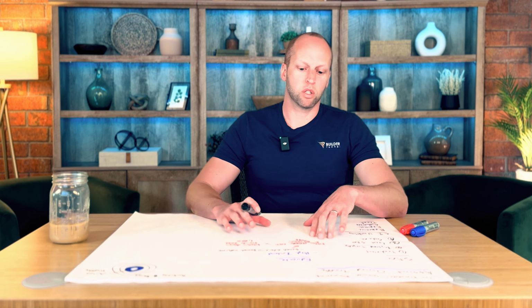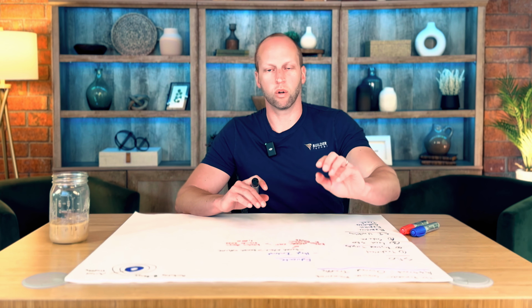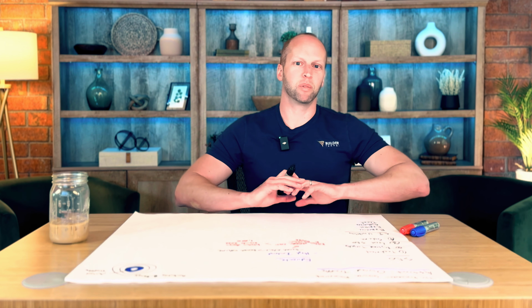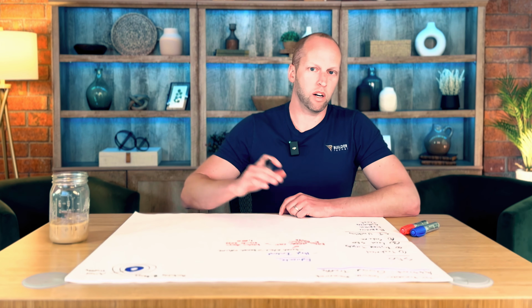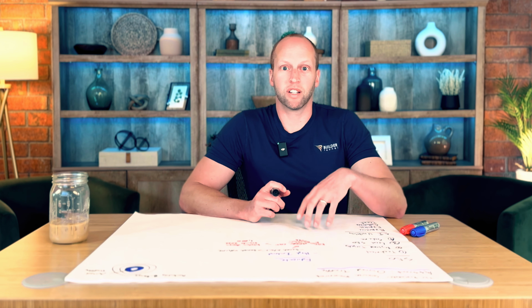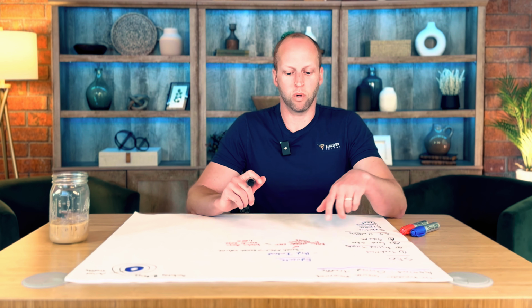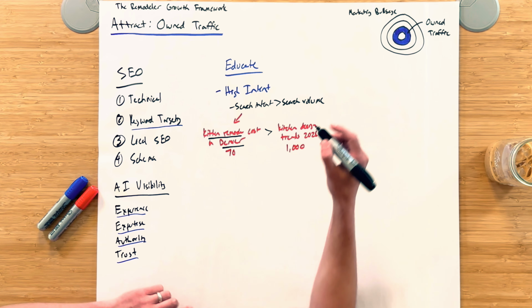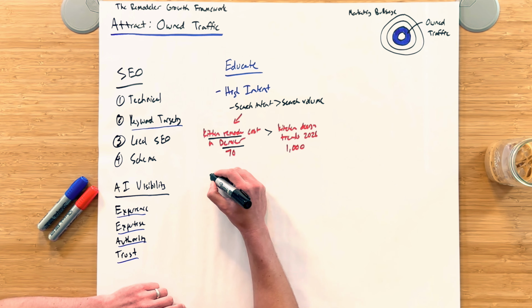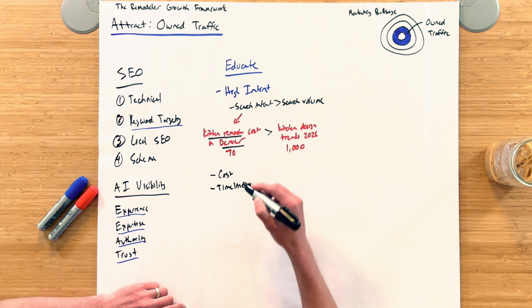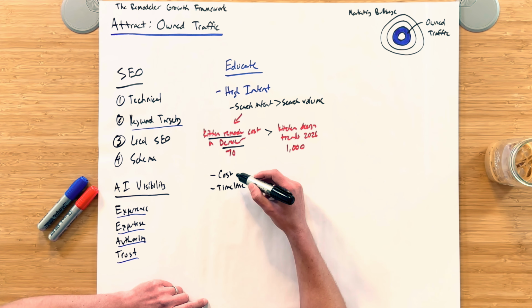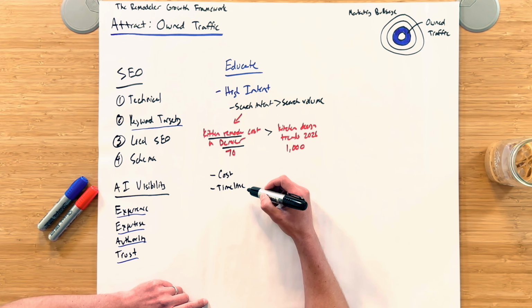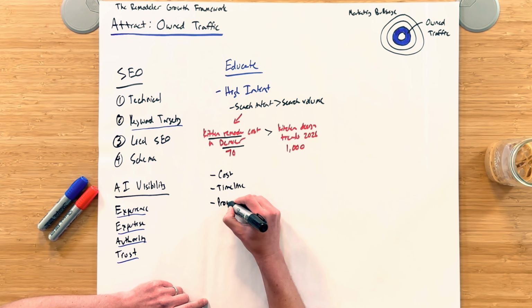And so we want to make sure that as we are creating content and going to all of this effort to educate and create the content, whether it's written or audio or video, and then publish it and get it ranking, there's a lot of work that goes into that. We want to make sure that we're targeting the right things. So we're looking at high intent search terms over things that just get lots of volume. So things that fall into this bucket are going to be cost and timeline type topics. People that actually want to do a project want to know what it's going to cost. They also want to know how long it's going to take. They want to be educated on the process.